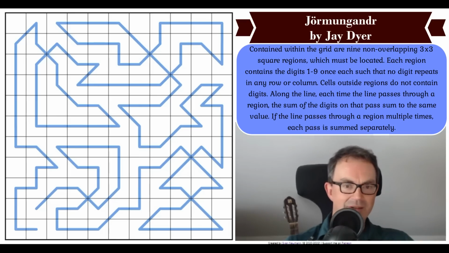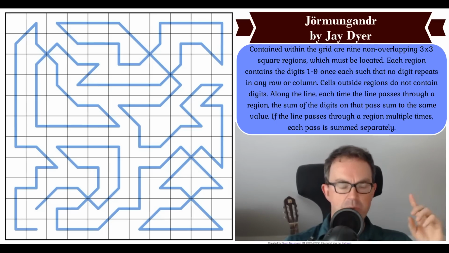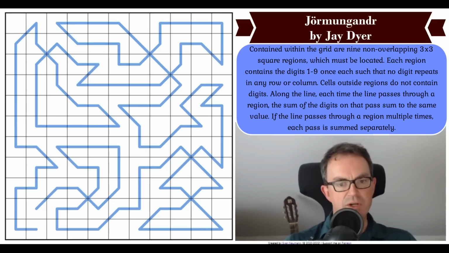What? I've got a massive line. I've got to draw 9 3x3 boxes into the grid, and it is square boxes. So this is a so-called deconstruction puzzle, which we have done on the channel before. I know one thing about a deconstruction puzzle, and that is that it's always true that